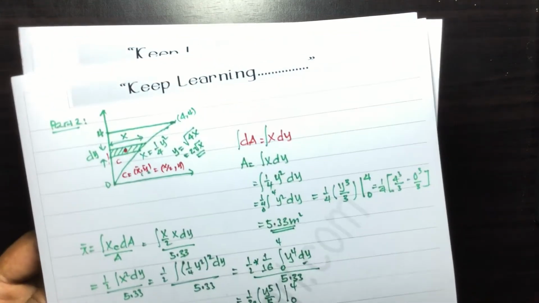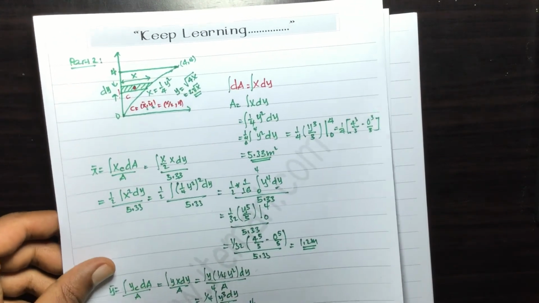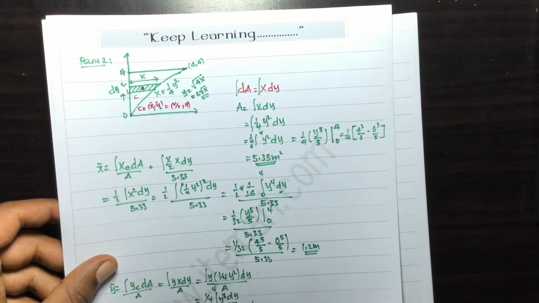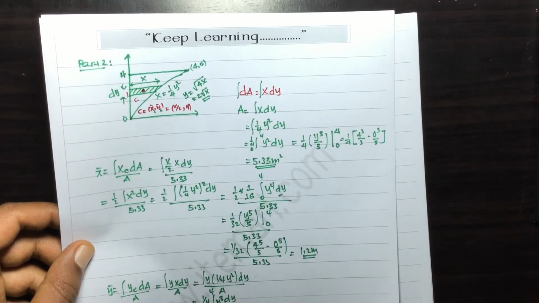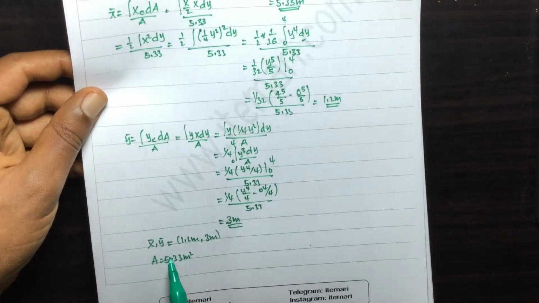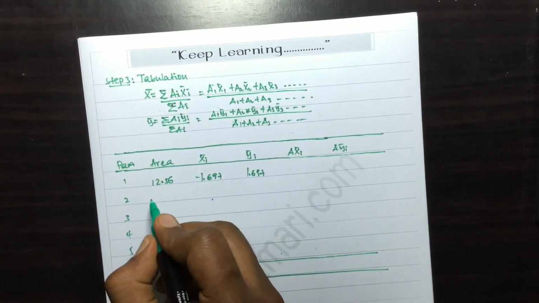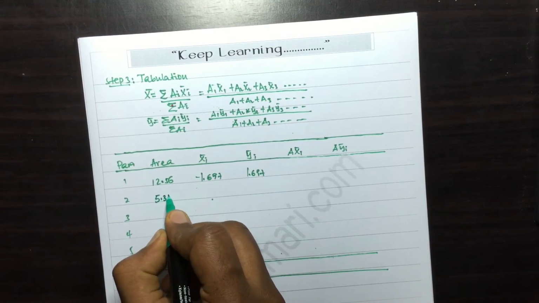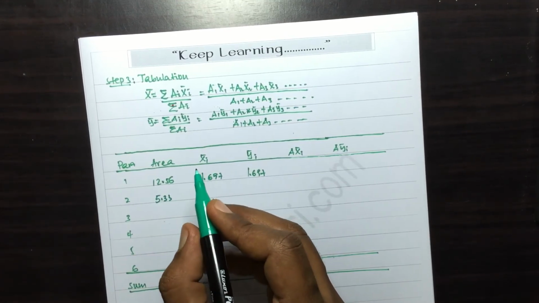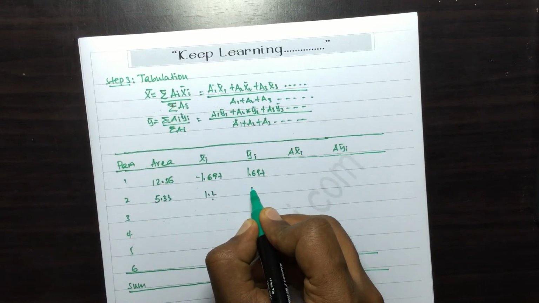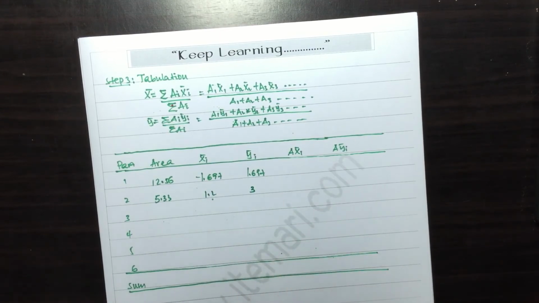Among the parts we worked out earlier, this part is done by integration, where our area is 5.33, and x bar and y bar will be 1.2 and 3 meters. Therefore the area will be 5.33, and 1.2 and 3 will be the x bar and y bar for part